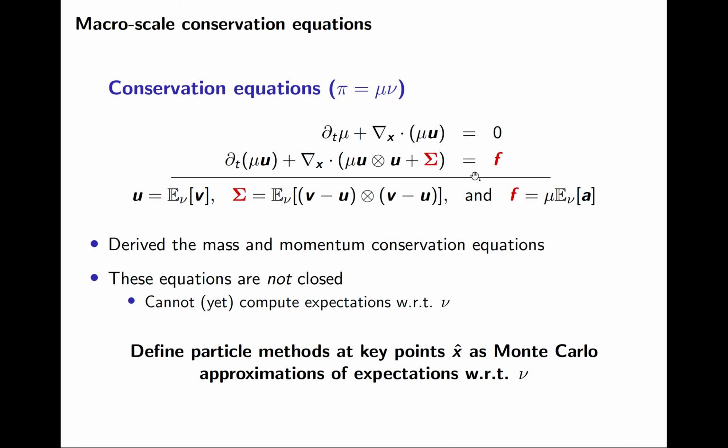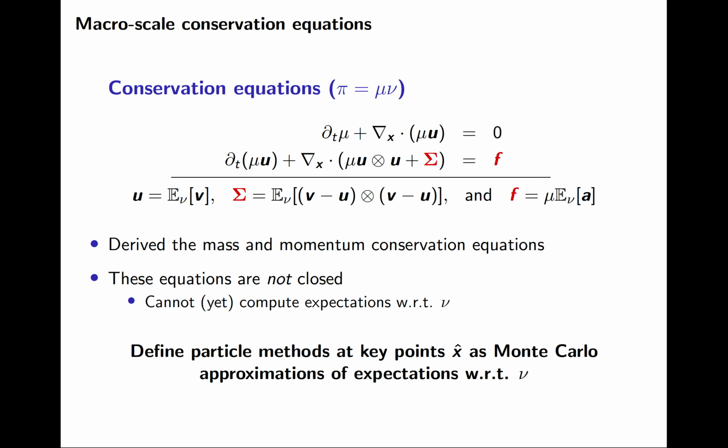The second conservation equation is the momentum balance equation, which again has a time derivative term and also an advective term. This advective term is defined by a flux matrix, here in the parentheses. The first term of this flux matrix is exactly what you'd expect. It basically says that the momentum is advected by the expected velocity in the spatial coordinate. The second term of this flux matrix, however, is the covariance of the conditional density at this location x.